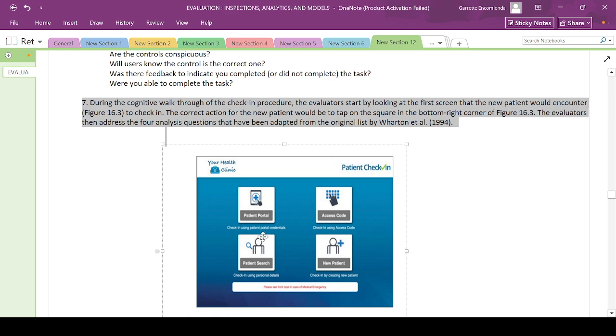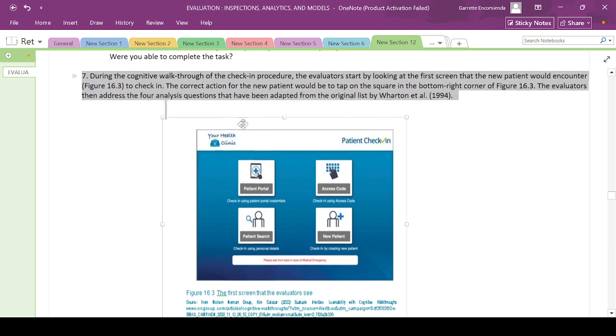Yeah, you can think of that as an app, but it's an interface at the hospital. It's not like an app on a phone. The evaluators start by looking at the first screen that the new patient would encounter to check in. The correct action for the patient would be to tap on the square in the bottom right corner if a new patient. The evaluator then addressed the four analysis questions that have been adopted from the original list by Wharton